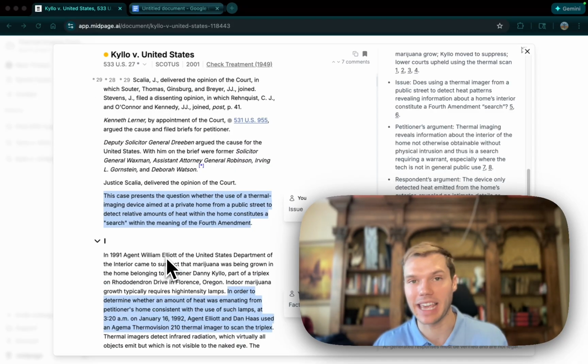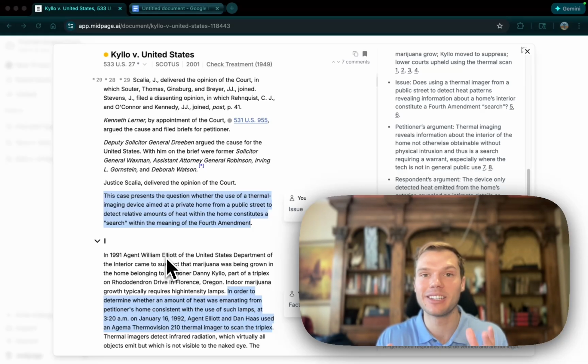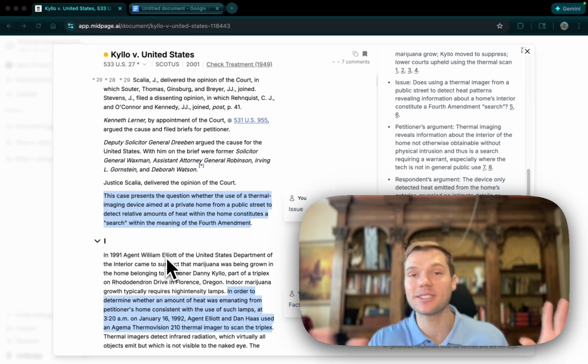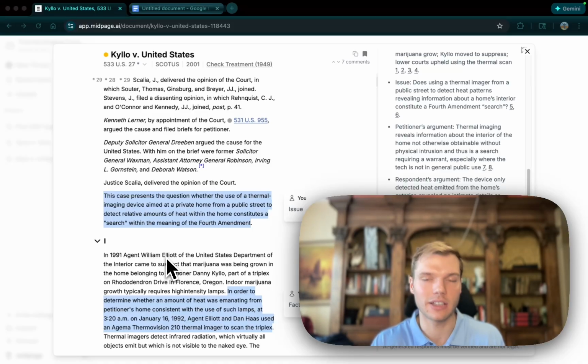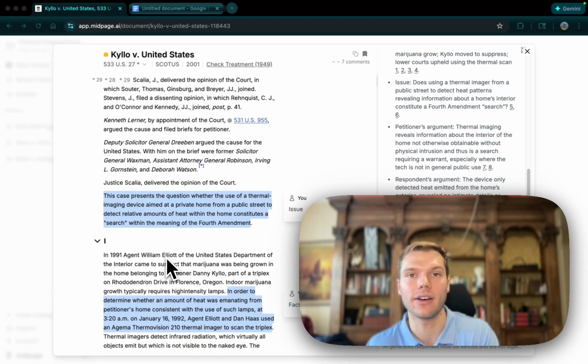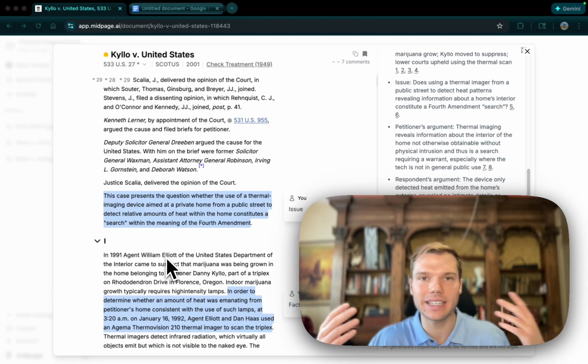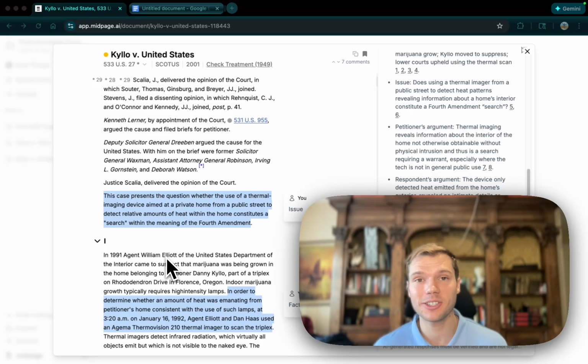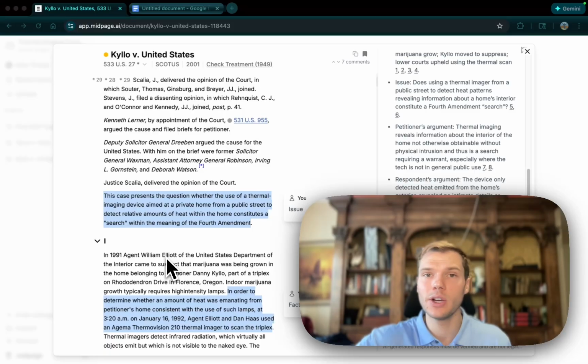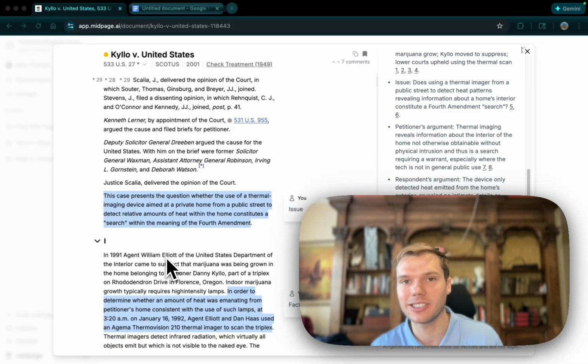Essentially, we have a case where the cops are looking for someone who is growing marijuana. Can they use this futuristic, at the time, this is 2001, futuristic technology to look into a home or get an idea of what's going on inside of the home? Now here, we need to start thinking about what seems weird about this case. What is interesting? Well, that sounds like a violation of privacy. I don't want officers inspecting the home, even if it is from outside, with these sense-enhancing technologies. That seems really strange, and they're using it to get an idea of what I'm doing inside the comfort of